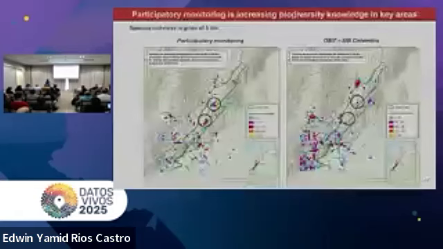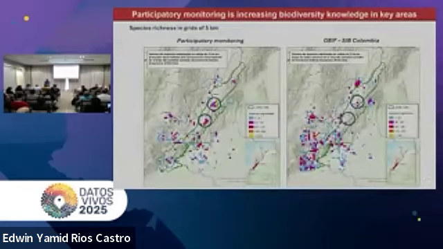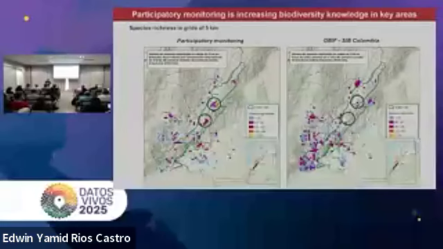But we know that this is very important because the participatory monitoring data, for example, if you look at the 2 circles there, you will see that the data that comes from this participatory monitoring is actually complementing a lot of what we have in these global databases where we are getting data from. And although they are sending that data to those databases, it's a process that sometimes takes a lot of time, especially when you work with these organizations.